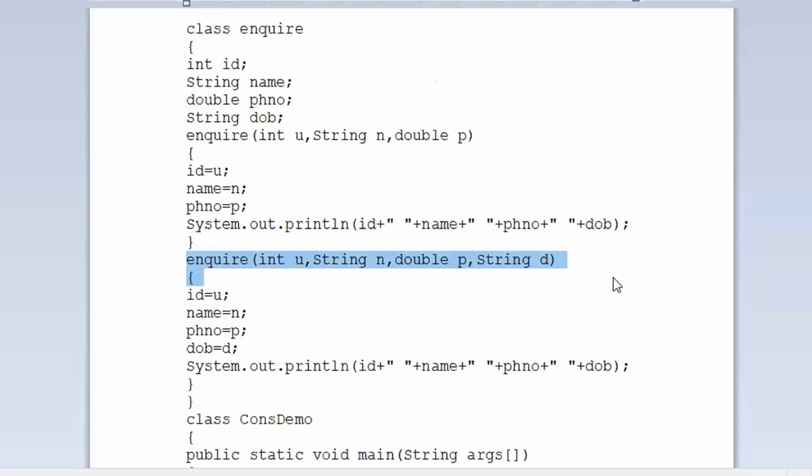Now, if you want a constructor which takes only 2 arguments, you have to write that constructor, and you have to tell what has to be done if a person is passing only 2 values, right? You can write a constructor which takes only 1 argument, and specify what has to be done if a person gives only 1 argument. And there can be an empty constructor which will tell in which way the values need to be initialized if nothing has been passed by the user, right?